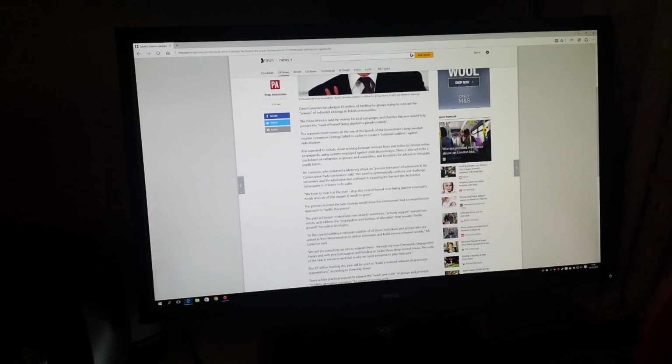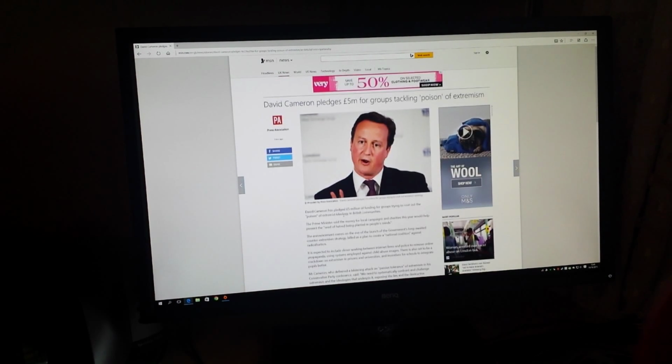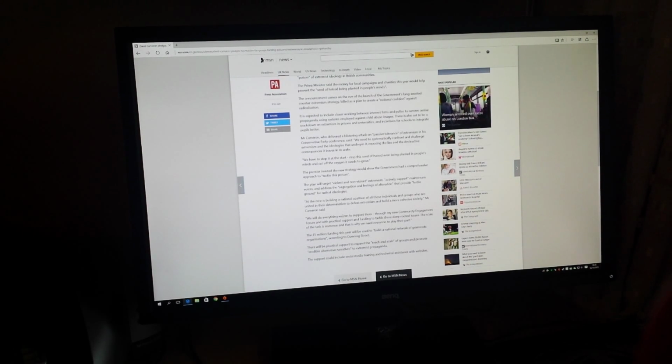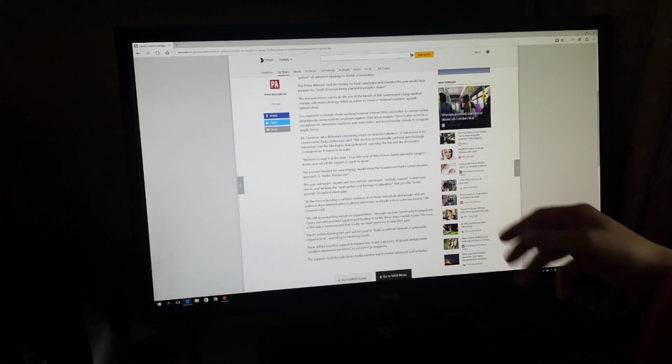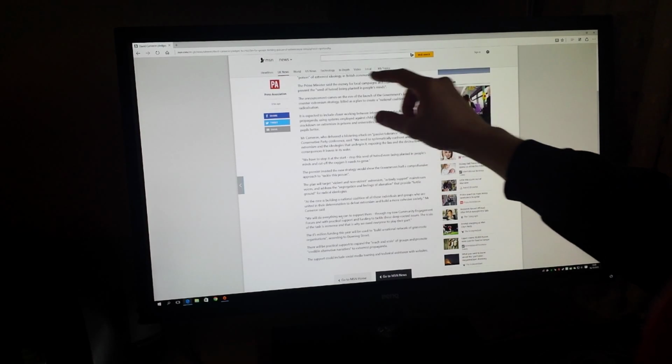As you can see, tremendous amount of real estate, very, very smooth when using browsers. But you may be able to see, though it might not pick up on the camera, this is probably a good example of what I was saying about the gamma being slightly darker towards the top than the bottom. If you look down this page of text here,